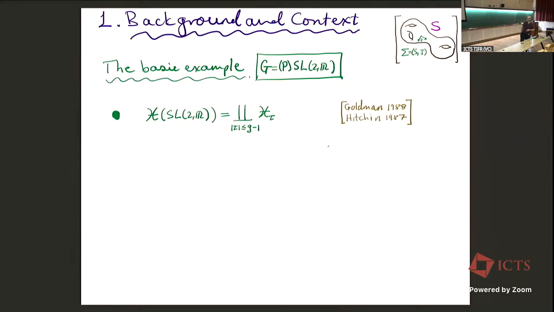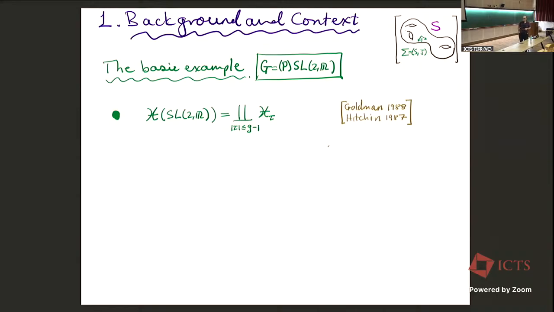For some background and context, you probably realize now that many Higgs bundle talks start with SL(2,R) as an example, and it's a very illuminating example. In this setting, remember, we're talking about objects defined on a surface, which in one sense is just a closed oriented surface, and in the other has a complex structure and is a Riemann surface. And we have these 2 moduli spaces that are homeomorphic. In the situation where the group is SL(2,R),